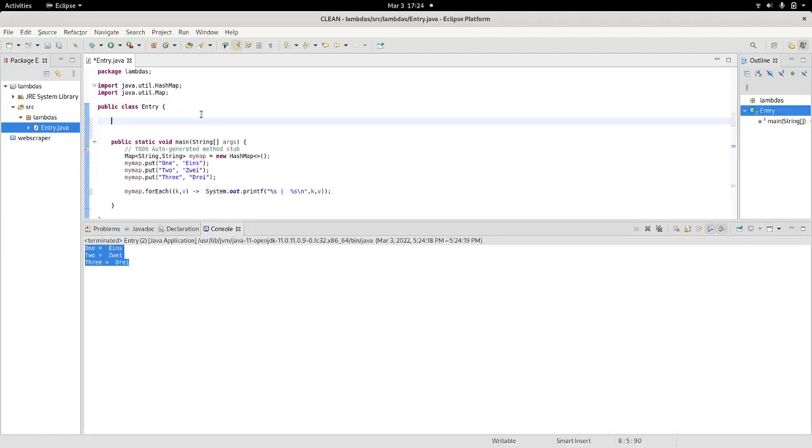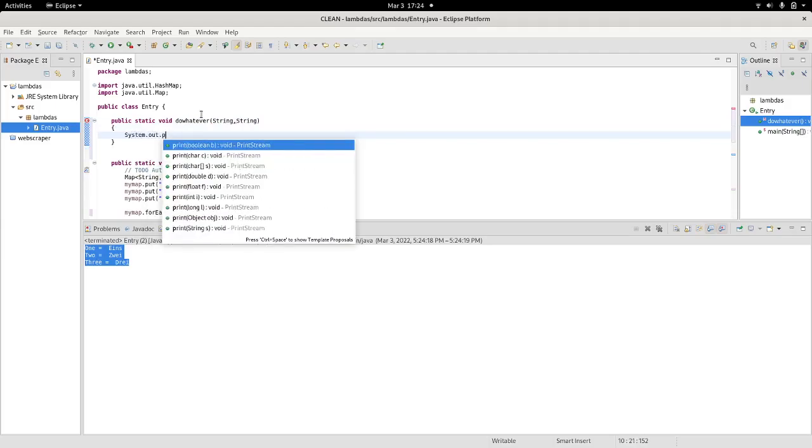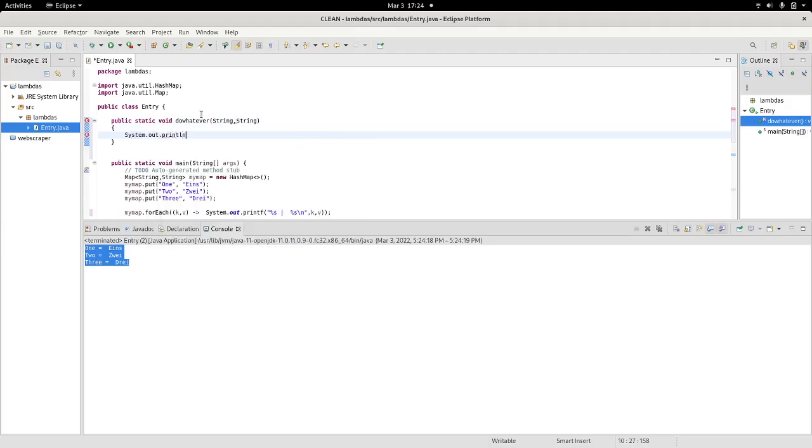Let's say you have a public static void doWhatever, and this one will also take one string, another string, and the only thing it will do is just println, it will print simply the two strings, right? I need to give them a name, String x and String y, and you will be printing here those two